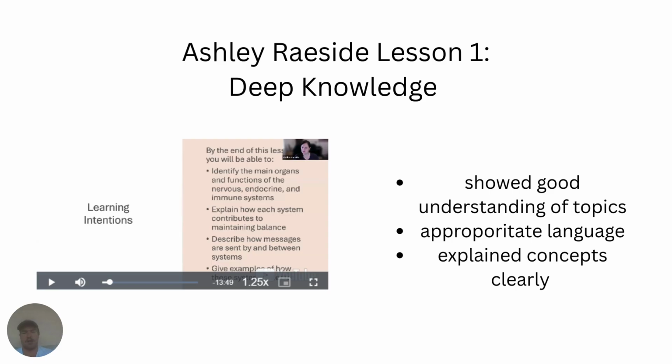But then with the deep knowledge, she demonstrated a good understanding of the content throughout the lesson. She explained the concepts really well, clearly and confidently. She used really good terms, appropriate scientific language, supporting the students in developing accurate understanding of the content that they're trying to learn. I thought that was really good. And the explanations showed that you have a really strong grasp of the topic and you understand the ins and outs of what you're trying to explain, which establishes you as a credible, knowledgeable teacher in the classroom that the students can really respect.